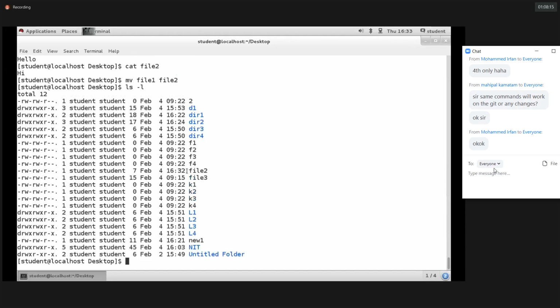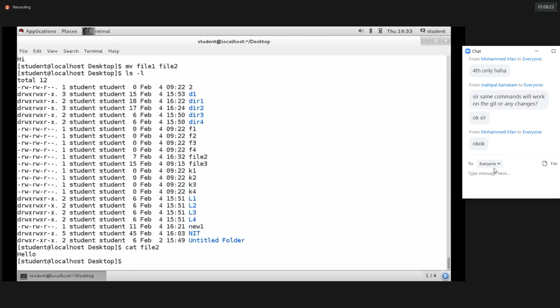So let's see, we don't have file 1. It got renamed as file 2. Then cat file 2. File 2 before had hi. Now it became hello, because we lost file 2. We renamed file 1 as file 2.